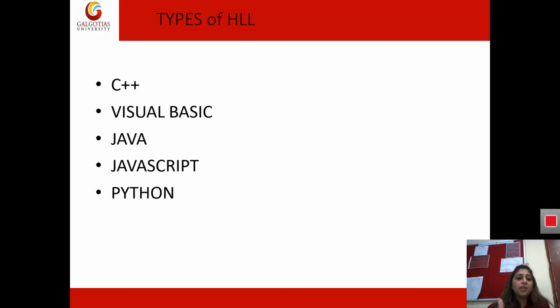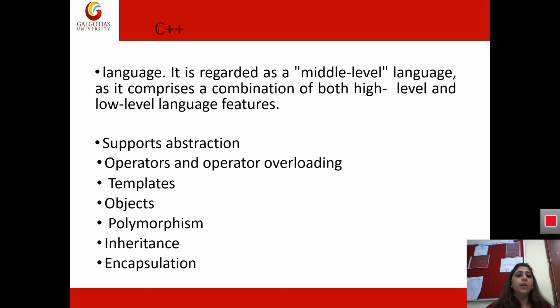These are examples of the types of high level languages that we have, and we have many more languages that we use nowadays other than C++: Visual Basic, Java, JavaScript, Python. There are many more languages that have been developed throughout the years, like .NET, that are used in the high level languages only. So what was the C++ language? We can call it a middle level language, as compared to high level languages, which are even more human friendly, even more user friendly than a middle level language like C++.